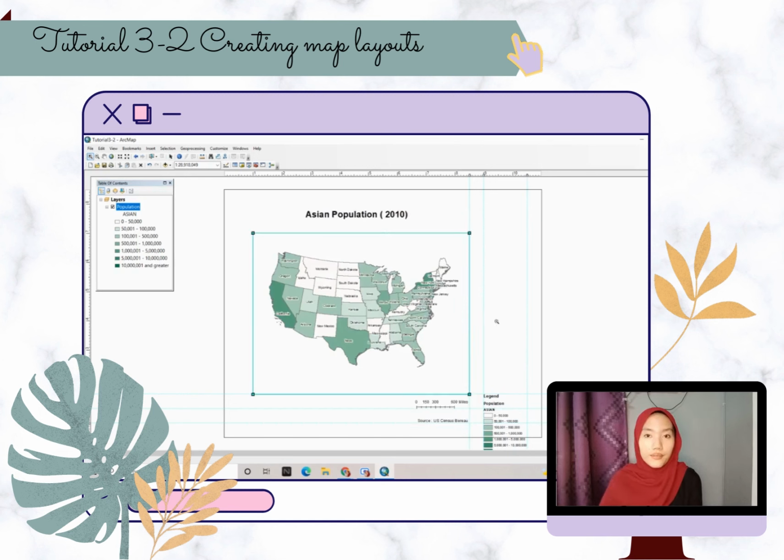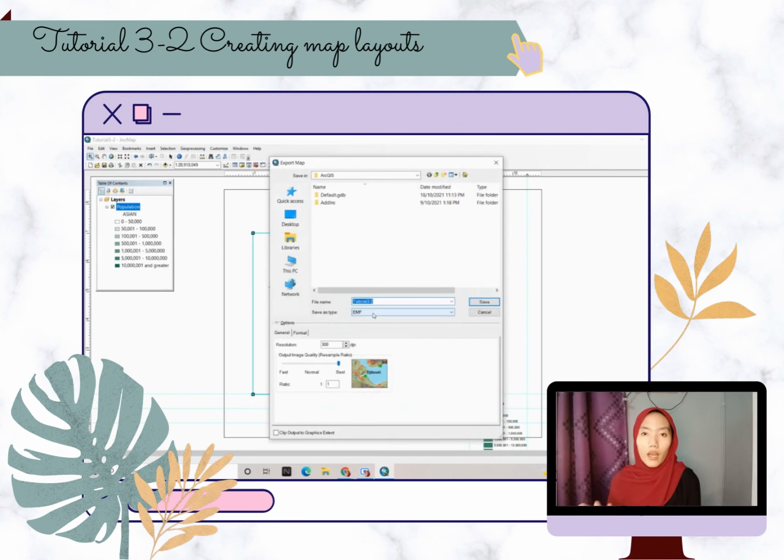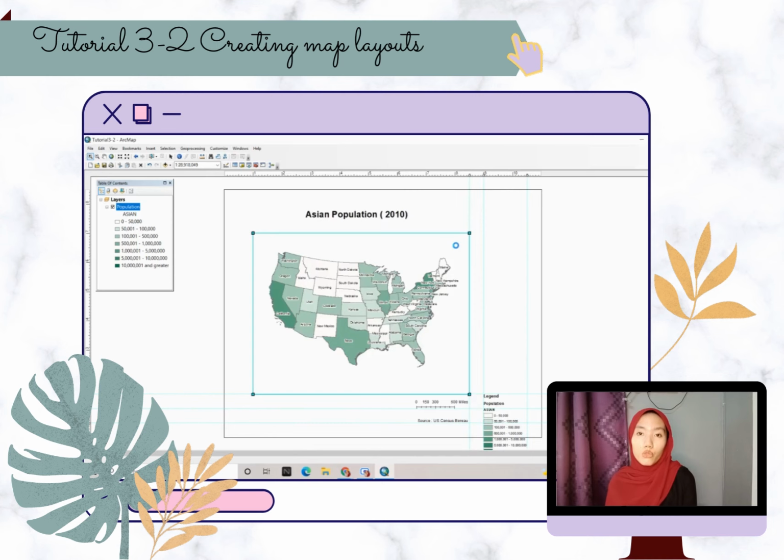Okay, in tutorial 3-2, you learn how to create a map layout in ArcMap. A map layout has several elements, including a title, the map, a legend, a scale bar for ground distance, and notes for data sources. Rather than using a pre-built layout template, you will learn to build your own layout from scratch because it's an essential skill. The set of layouts that you produce in this tutorial compare population by race or ethnic